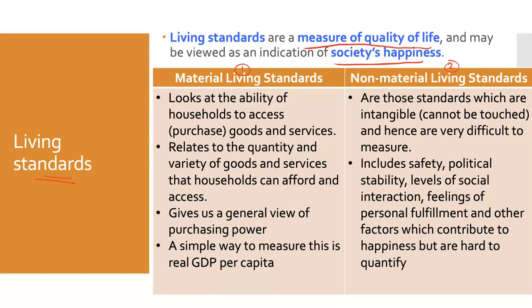Material living standards are things that we can hold, is the way that I understand it. What are the things that we can really tangibly understand? It looks at the ability of a household to purchase goods and services. How many goods and services can households purchase? It relates to the quantity and the variety that they can afford and gives us an understanding of their purchasing